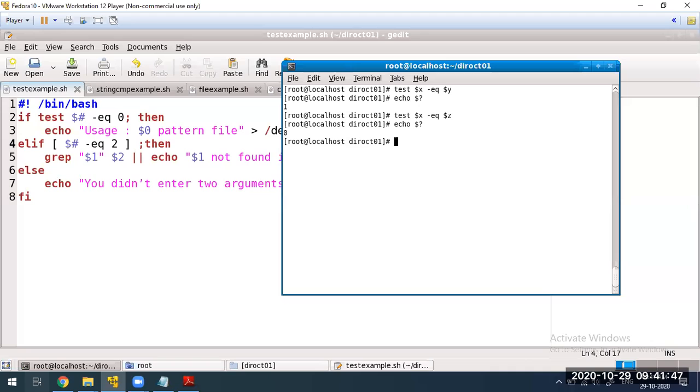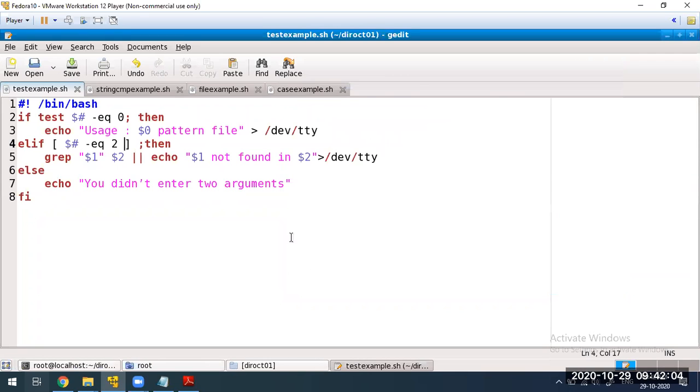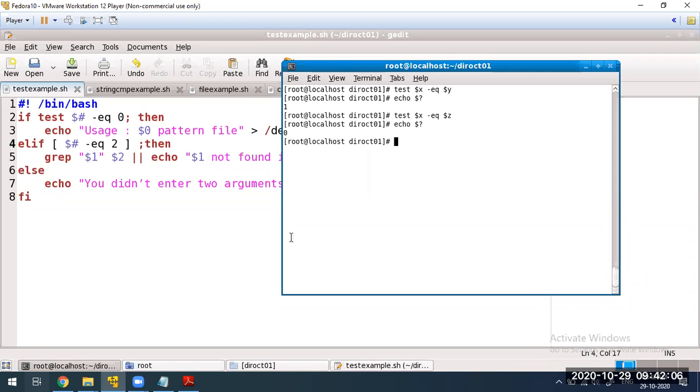If it is a failure, then it will be indicated by 1. And there are still more than 1, that is 2, 3, 4, 5. Those numbers indicate the different types of failures. But in this case, we are interested only in 0 and 1. In that way, just replace the EQ with the other